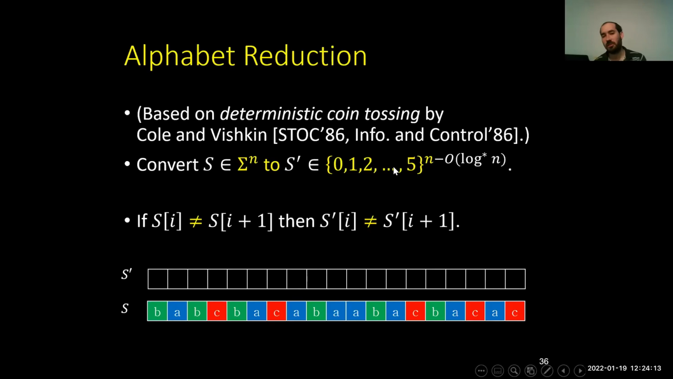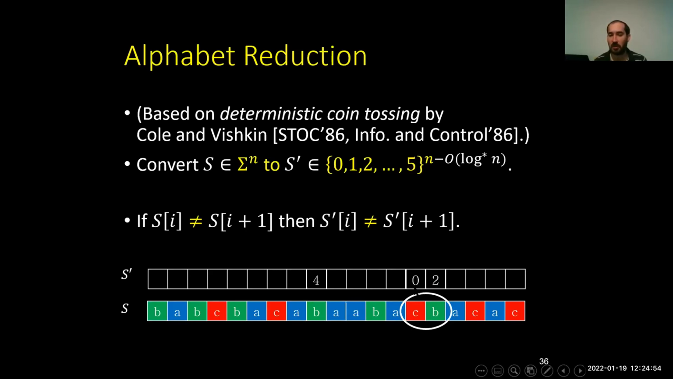It will be of size 6, and it has the property that if we have two adjacent characters, let's say here C and B, which are not the same, then also in the new string S prime, the new labels of these characters will be different. And notice it is not a mapping, so it can be the case that in one position B will be mapped to 2 and in another place to 4, but it has the local consistency property. That means that if we have a large string that appears more than once in the string, then it will be mapped